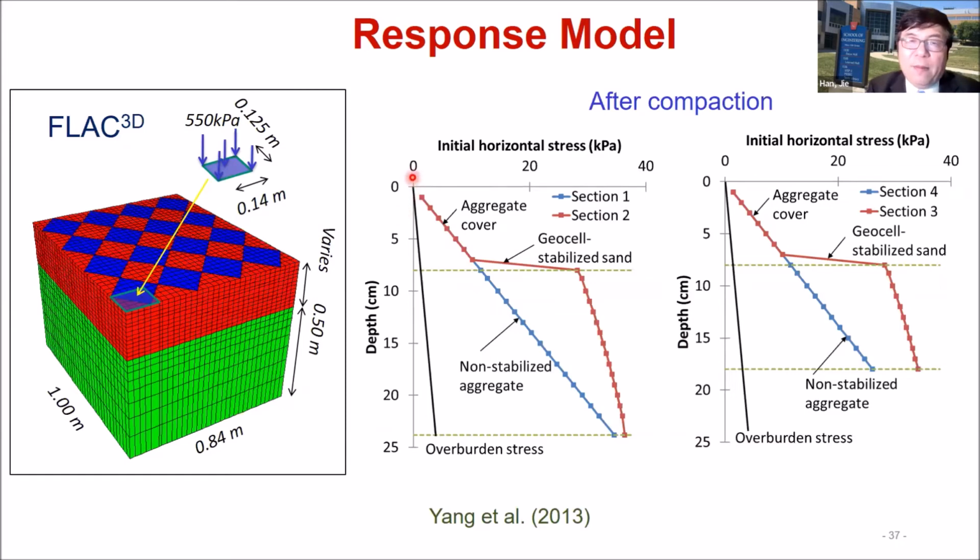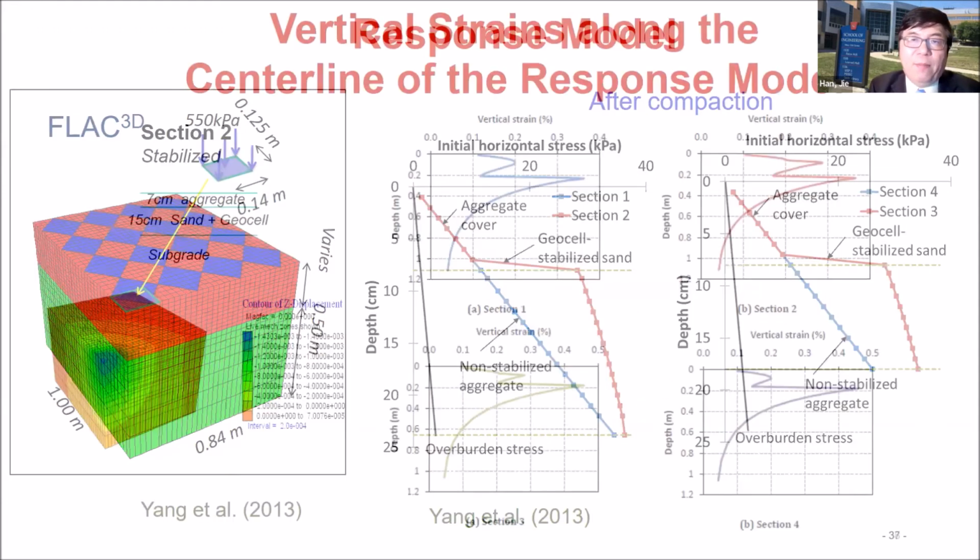And here basically, before the compaction, this is the overrun stress. This is the control section without the geocell. This is the difference, basically the residual stress induced by compaction. But this is the one basically induced by geocell for different sections. Okay? So based on that